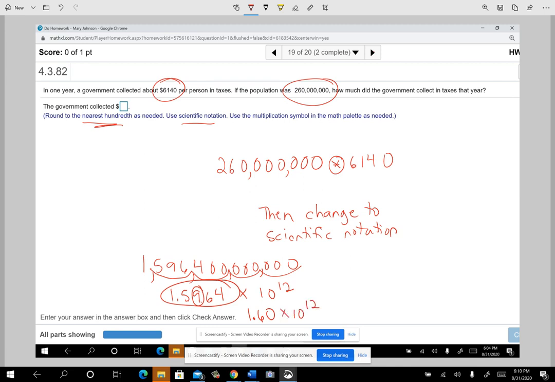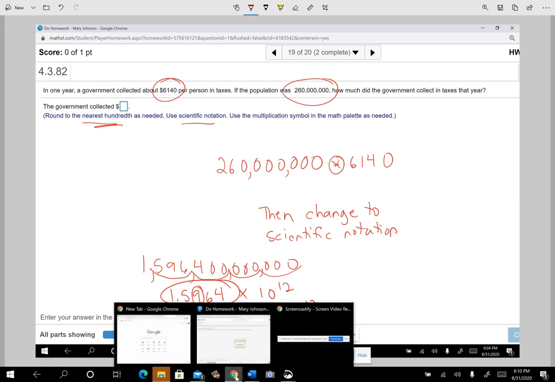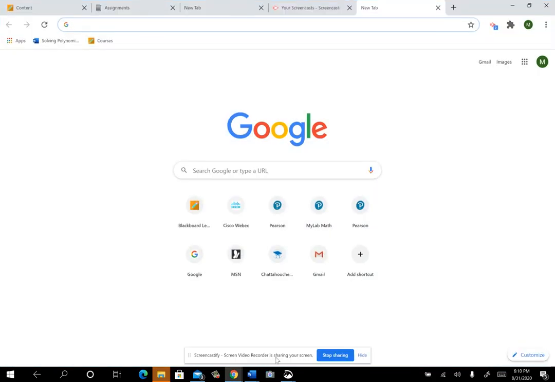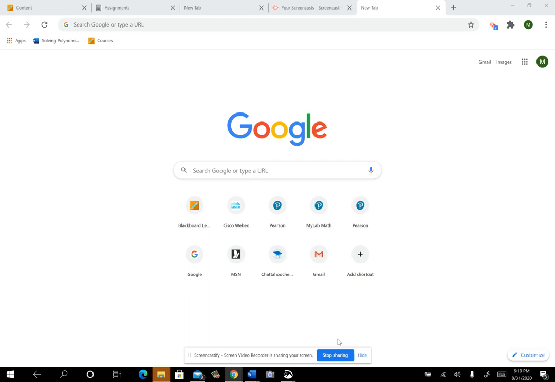Okay. All right. So that's more than enough on scientific notation. It's intended to just be something that shows you one of the uses of, oops, I want to just stop sharing. One of the uses of